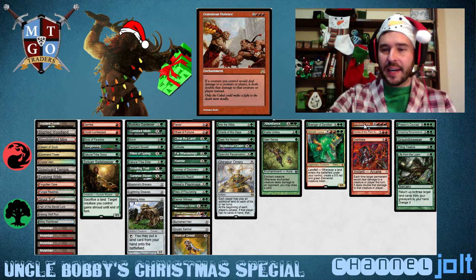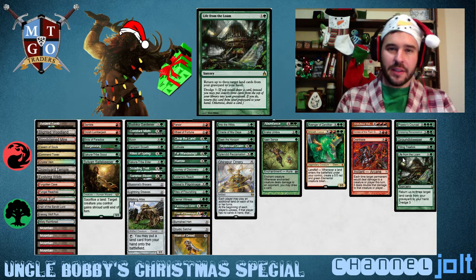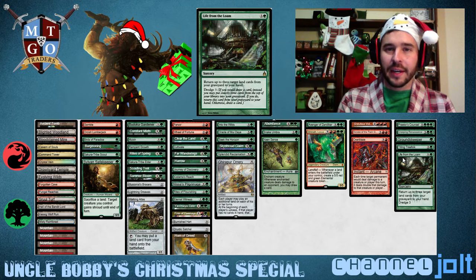Now, once we're chunking lands, we're going to have a lot of lands going into the graveyard. There's a kind of graveyard theme to it. So we've got Life from the Loam, awesome card. If it's in your opening hand and you have at least 3 lands, it's almost a snap keep, because you can just cast it into an empty graveyard and then start dredging